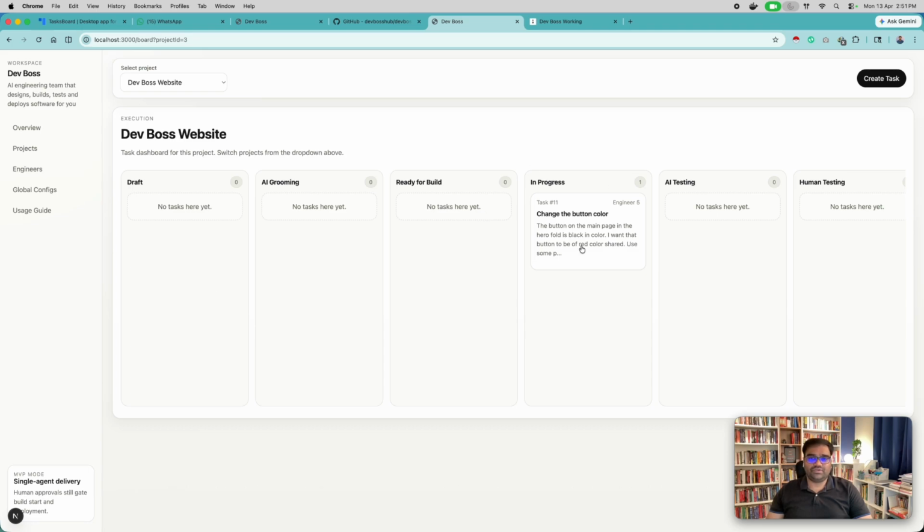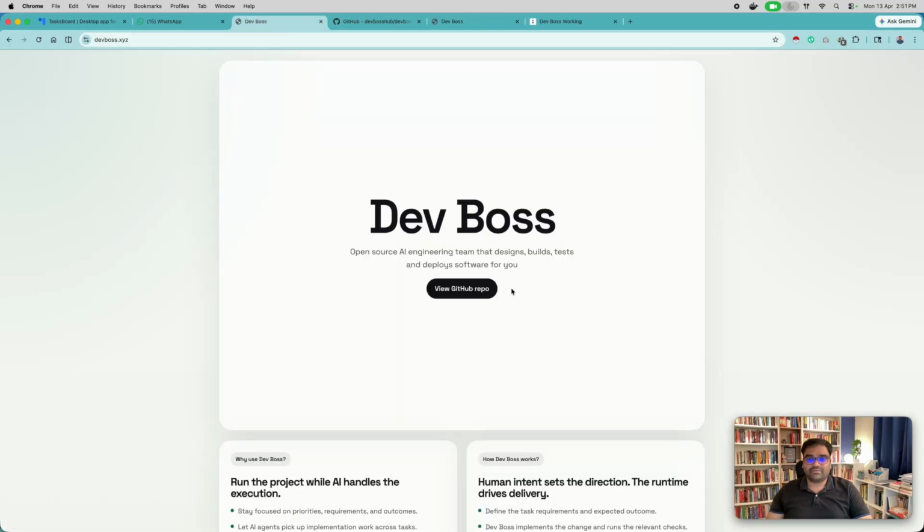While the agent is doing its stuff, it may take like a couple of minutes for the thing to be completed. You can actually work on different task requirements. You can keep adding them. So let's also add another requirement. I want to create a secondary button here in order to get started with the video. So I want to upload this video to the YouTube that I'm recording right now and give a link to